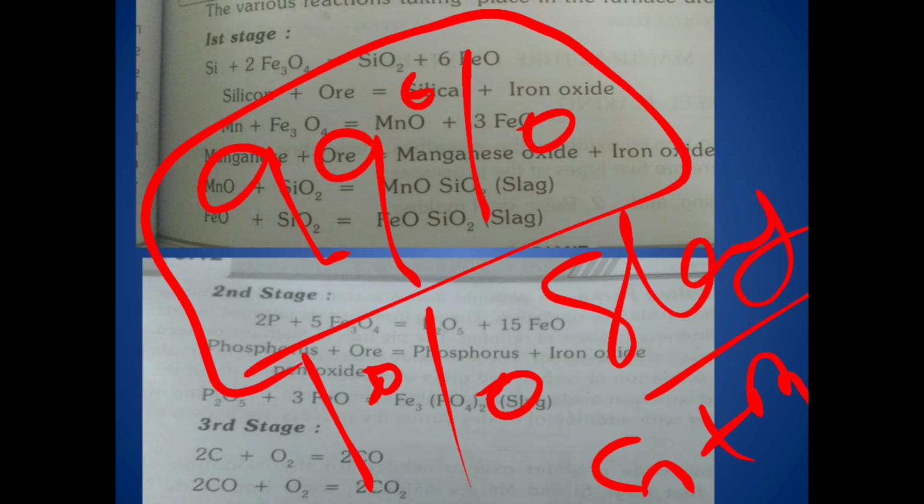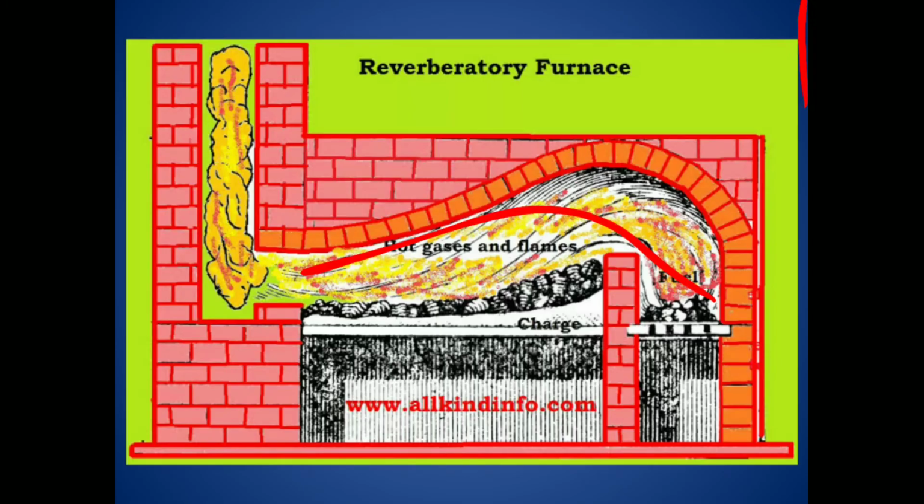This is about the puddling furnace. In the puddling furnace only we manufacture the wrought iron. It is the purest form of iron, that is 99% iron, and only 1% slag is present. So this diagram is very important from the exam point of view. This puddling furnace is also called a coal fired reverberatory furnace. It is simply a dome shaped roof structure.